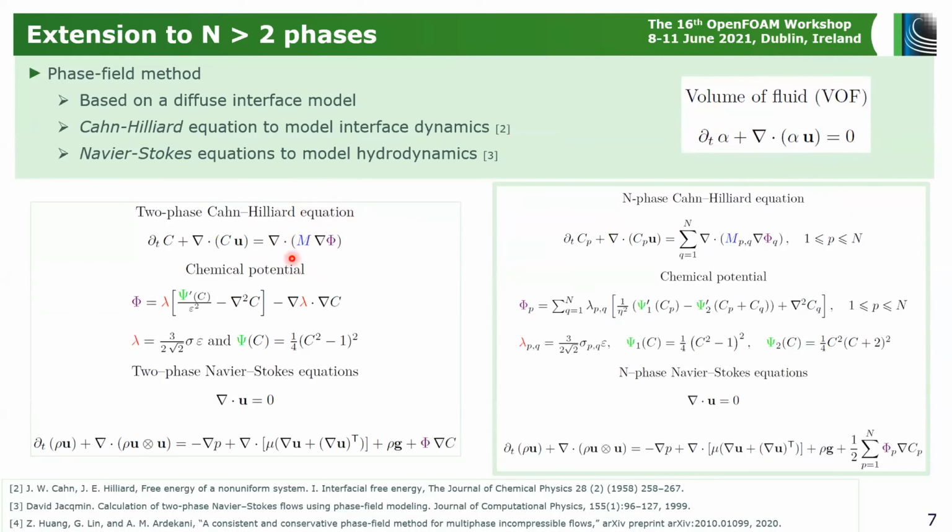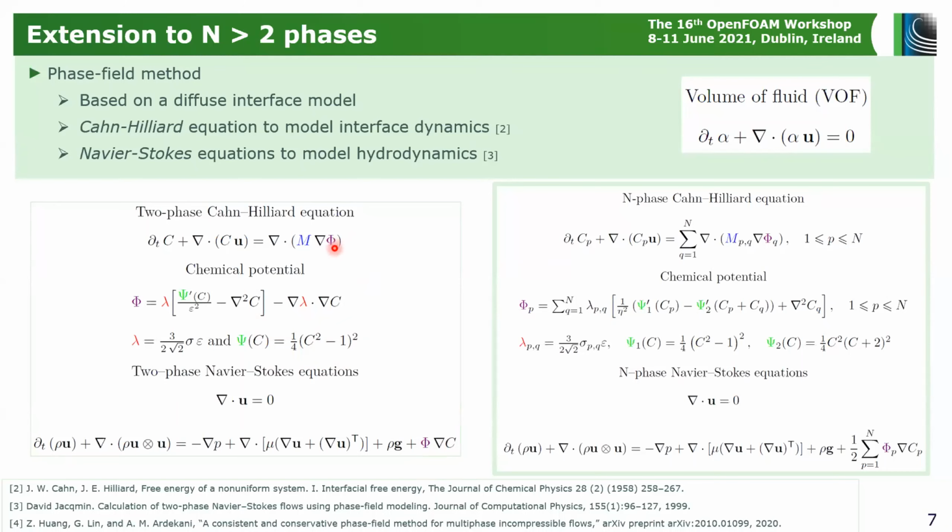Now, the main parameters are the mobility, which can be translated into a diffusion coefficient or diffusivity, but in fact, it's quite different from that. And we have the chemical potential of the system, and we have, of course, the lambda parameter, which is the energy associated with the interface. We have, of course, the double well formulation, which should be extended to multi-well formulations. And we have the Navier-Stokes equation with the right-hand side modified, containing the chemical potential and the gradient of the concentration that we have.